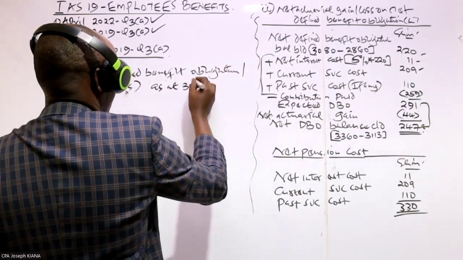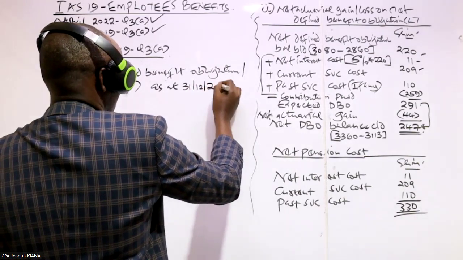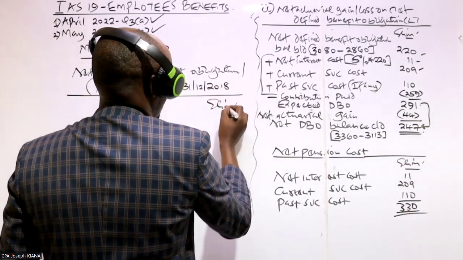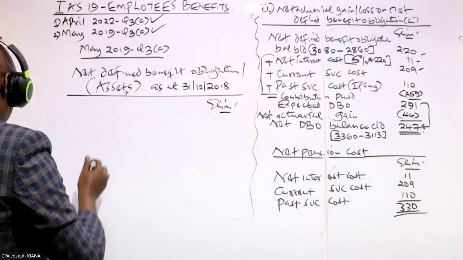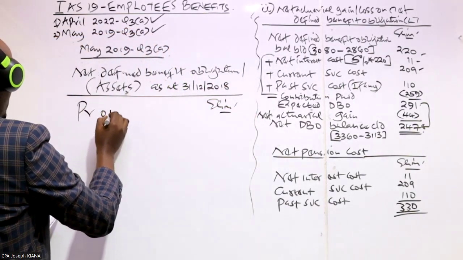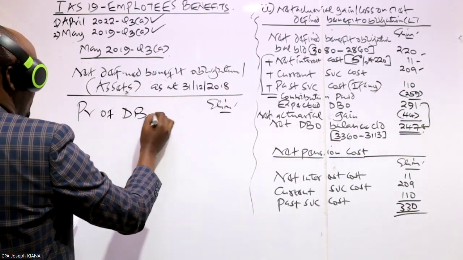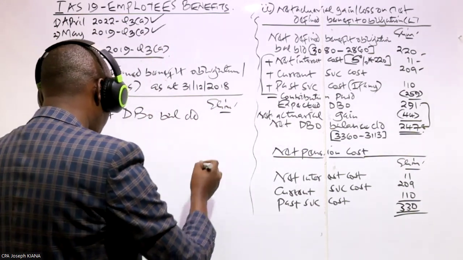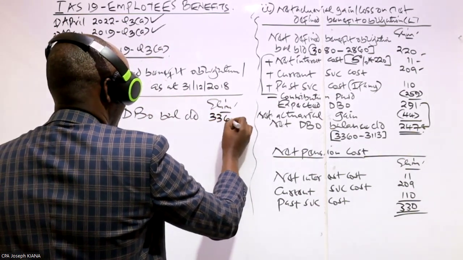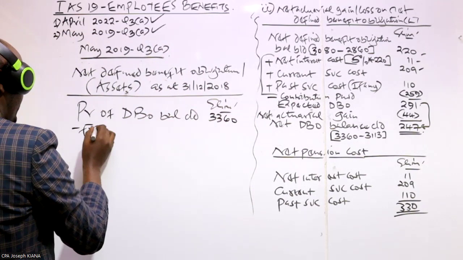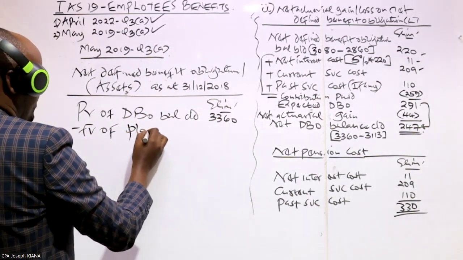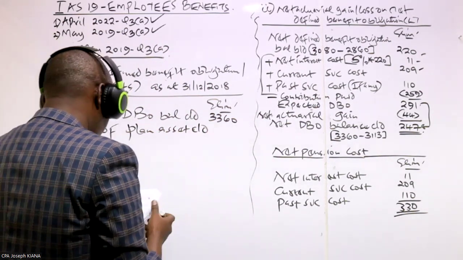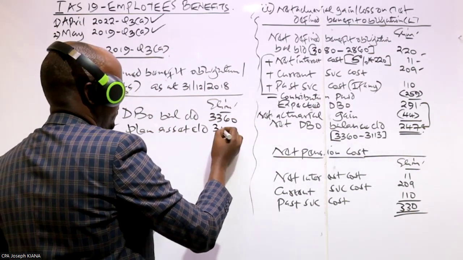To compute this, we just use 2 items. We take the present value of the defined benefit obligation balance carried down, which in our question is given as 3360, and then to this we deduct the fair value of the plan asset, still at the end of the year, and that is given as a figure of